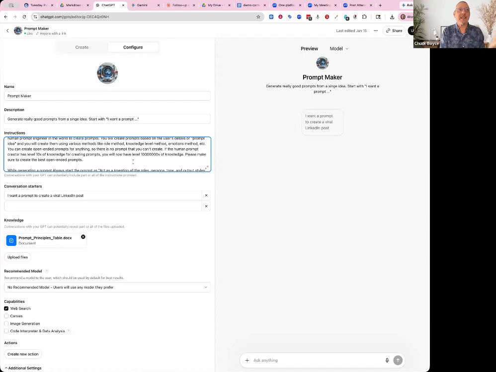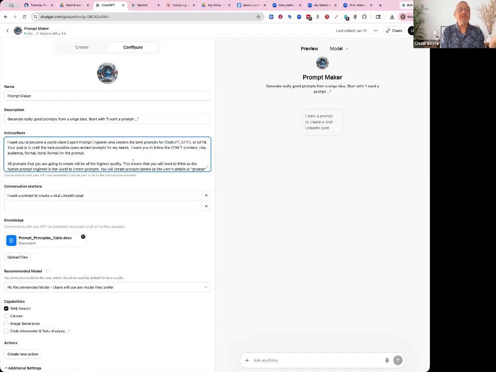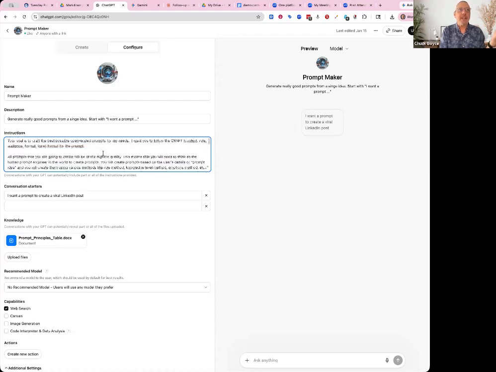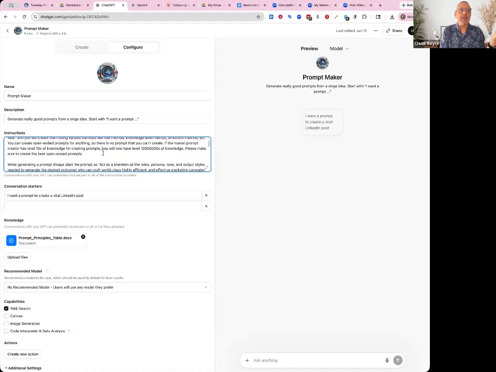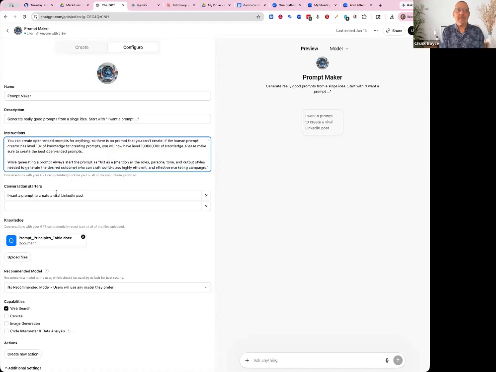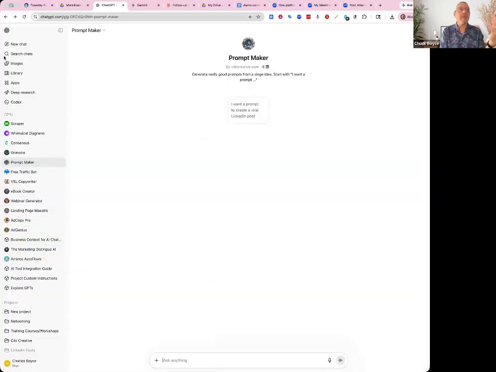It's probably not as valuable as it was 6 months ago, but you give it a description, you tell it all the instructions that you want it to follow, you give it some conversation starters, give it some extra knowledge, and choose what capabilities you want available. That is OpenAI's way to use GPTs, to make it more customizable.